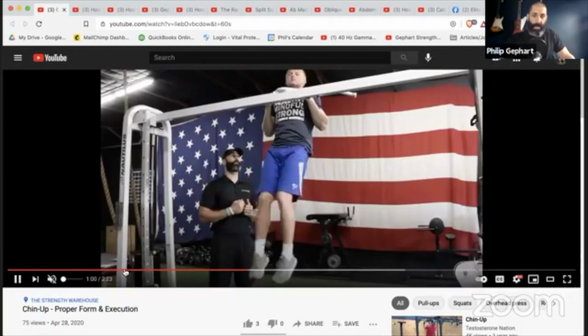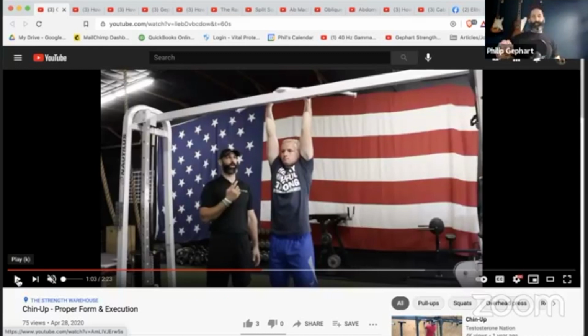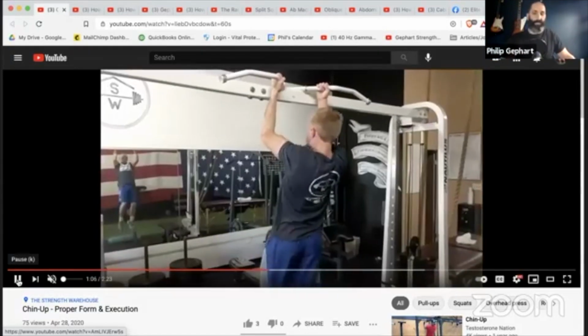All right. Now I know some people can't do a chin up, but the chin up is the king of the upper body exercises. If there is a lower body exercise king, it's the squat. If there's an upper body exercise that's king, it's the chin up, in my opinion. Again, that's just my opinion. Now, some people can't do a chin up, but